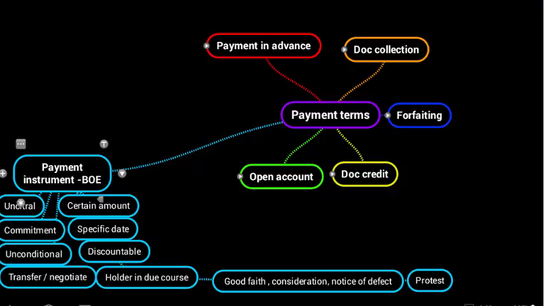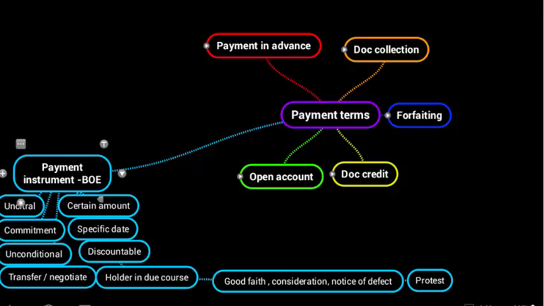What does a bill of exchange say? It says a certain amount is payable on a specific date. What is the benefit of having a bill of exchange? It is discountable. What is the benefit to the holder? The holder has a benefit of holder in due course. What do you mean by holder in due course? If you have taken the bill of exchange in good faith, if you had paid consideration for it, and if you took it without any notice of defect, then you can proceed against all the parties and nobody can proceed against you, irrespective of the defect in the title on the document prior to it.